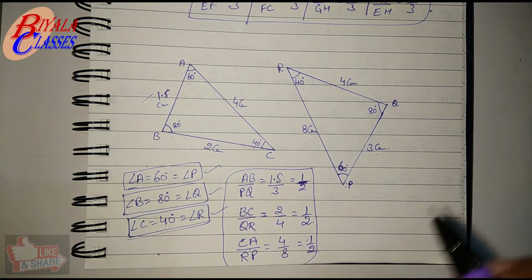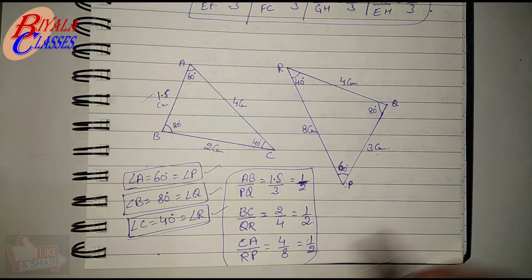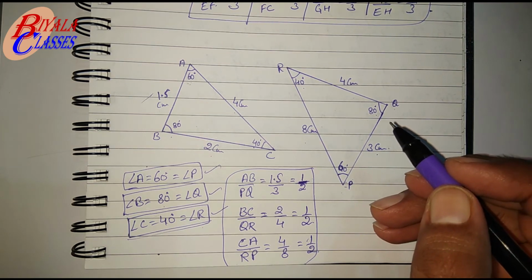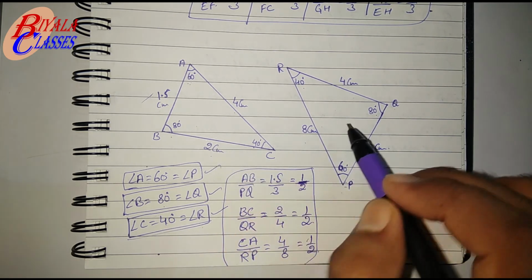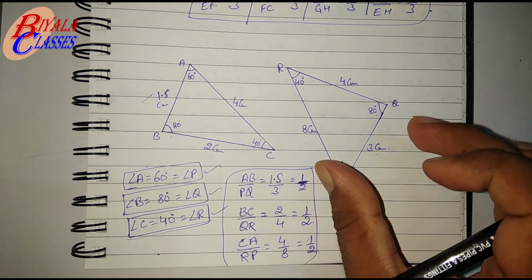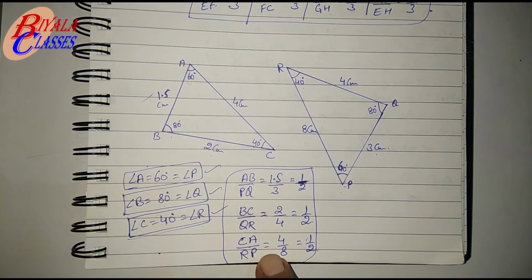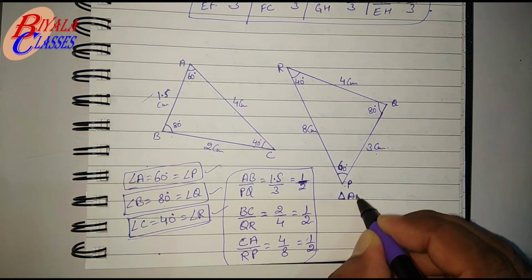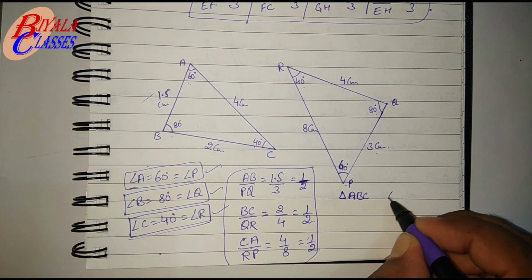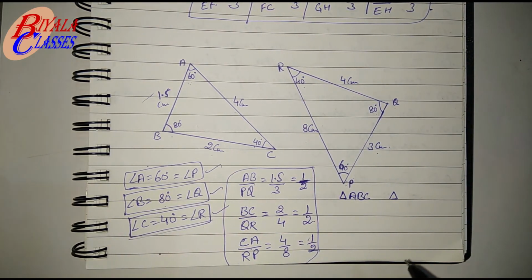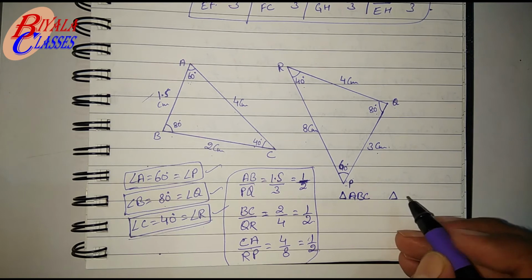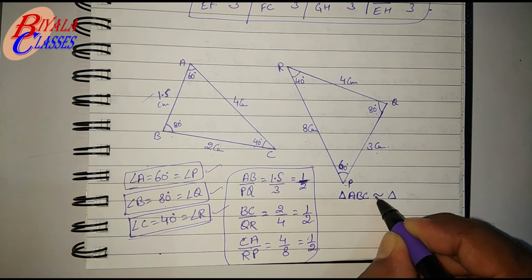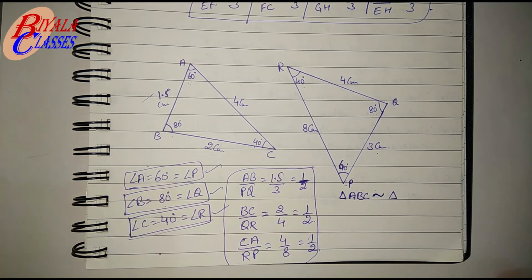Now the next step is to write it in symbolic form. As you know, when we wrote congruent triangles in the previous class, we wrote them in such a way that the symbolic form also represents the corresponding parts. The same is to be done here also. Now the triangle ABC is similar to the second triangle. How it is to be named, we'll see, but before that, the sign of similarity. This is the sign of similarity which is used.